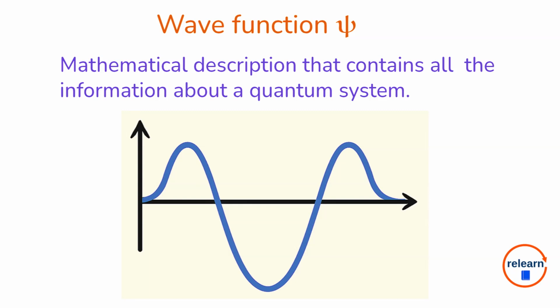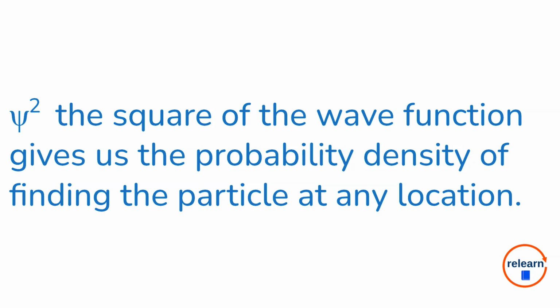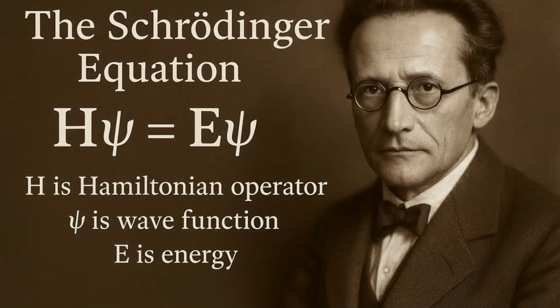The wave function itself is not directly observable. What we can observe is psi squared, the square of the wave function, which gives us the probability density of finding the particle at any location. The Schrödinger equation, H psi equals E psi, where H is called the Hamiltonian operator, psi is the wave function, and E